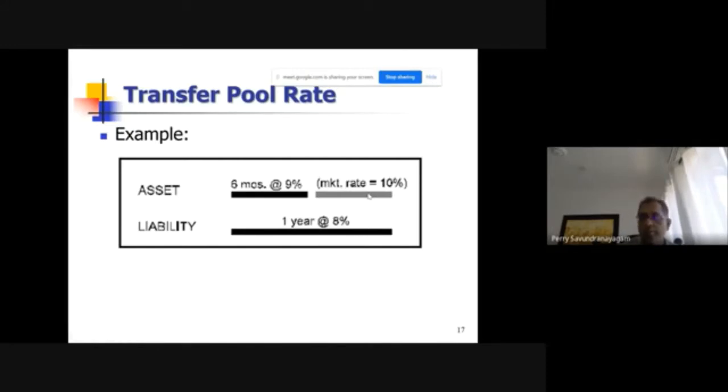So the transfer pricing pool is not a fixed rate. It has a fixed rate that is based on a benchmark rate. So it could be the 3 months Treasury bill, the 6 month Treasury bill, or the 12 month Treasury bill. All those are dynamic. So the transfer pricing rate changes, as you can imagine, along with the market rate changes. But all that transfer pricing rate will show is at which point or which benchmark we will buy those assets in or buy those liabilities into the bank from a market risk perspective.